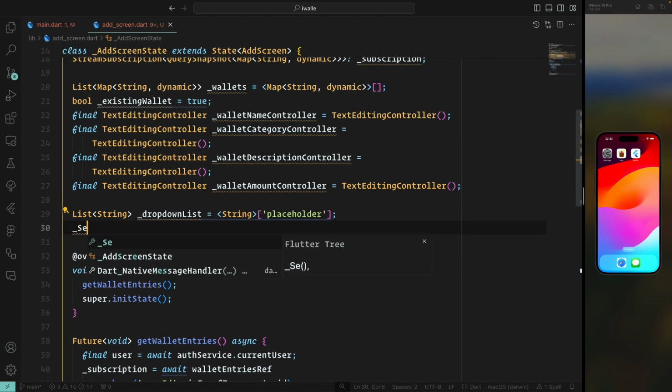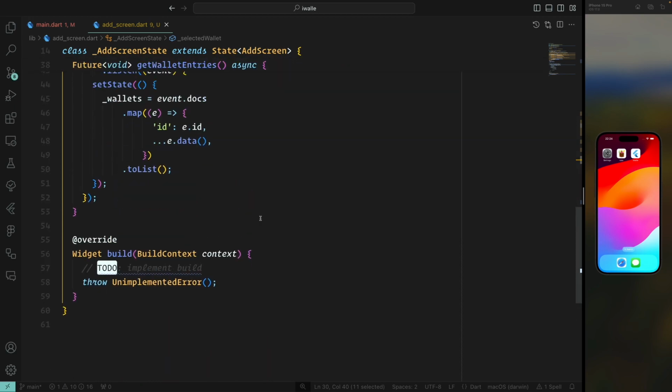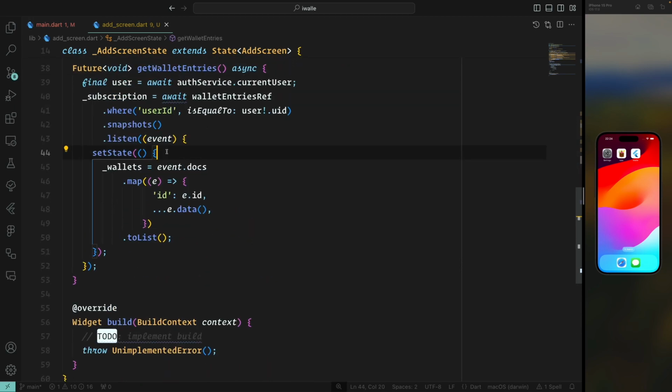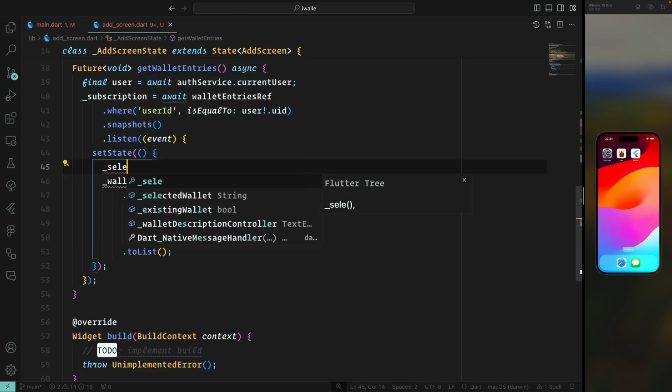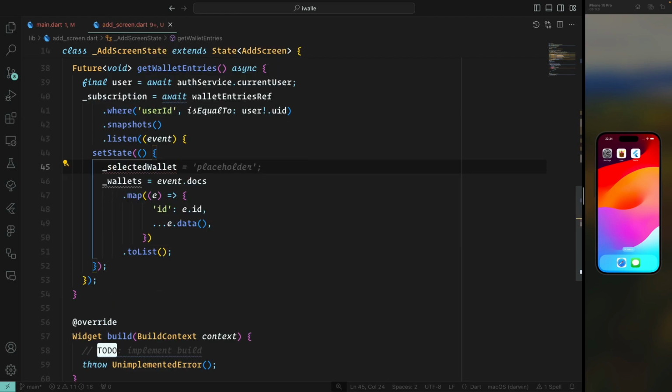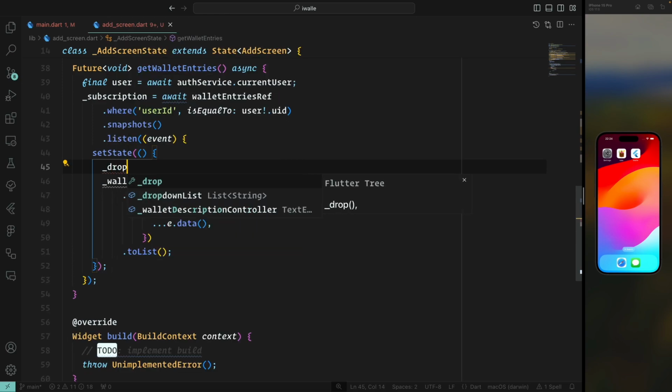And then we also pass a string where we say selected wallet, and it also has a placeholder. And inside here in the set state, we will pass this. So first we will say selected wallet. It will be the first one from the dropdown. So we will first pass the dropdown list,